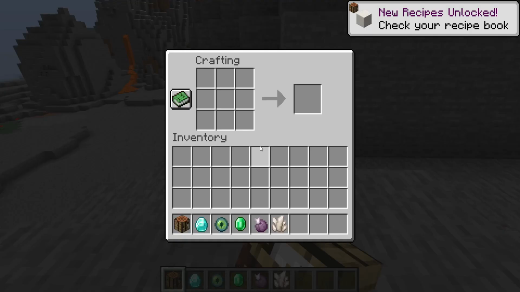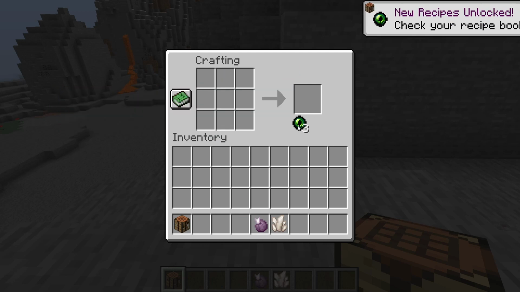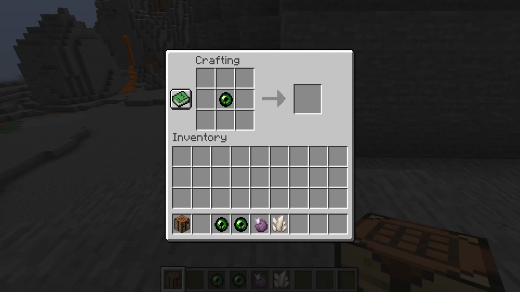This functions in exactly the same way as the normal vanilla eye, but it allows you to locate even more different types of structures within the world. This basically makes use of the 1.16 command /locate, which does exactly the same thing, but in a command form. The perks of using this mod is the item is a lot more convenient, and it also has